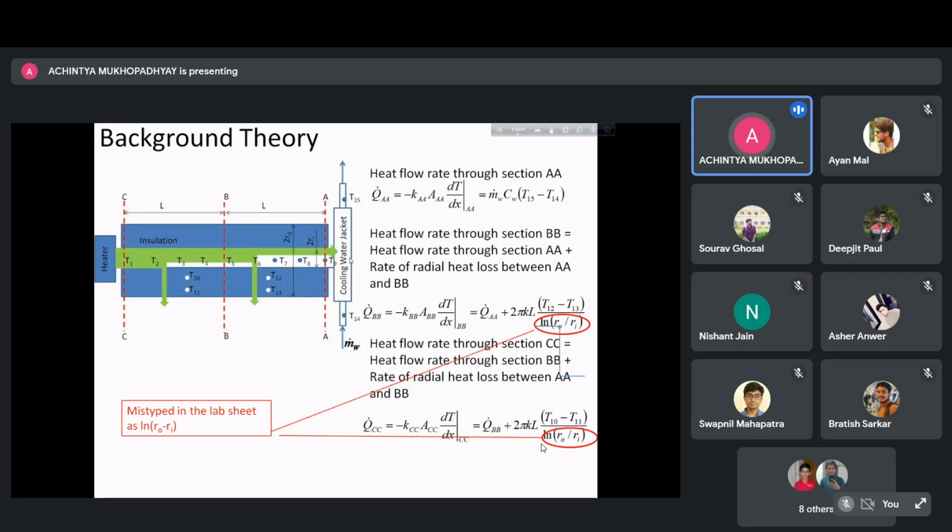Okay, so now if we can estimate how much heat is lost from the rod between sections BB and section AA, then we can add that amount of heat to this amount of heat to get the rate of heat transfer at section BB. Okay. So for that, there can be different ways of doing it. If you are doing it analytically from the fin equation, how would you have done it? You could have done it by